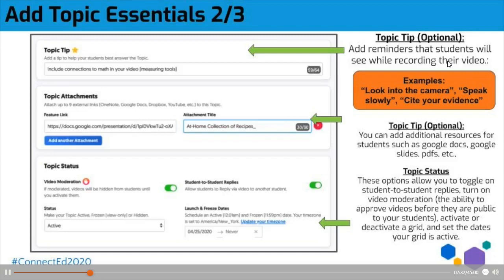You can moderate the videos, meaning whether it's seen automatically as soon as they post, or whether you as a teacher will approve it and give feedback before posting. You can also set dates as to when to deactivate your grid or freeze your grid.